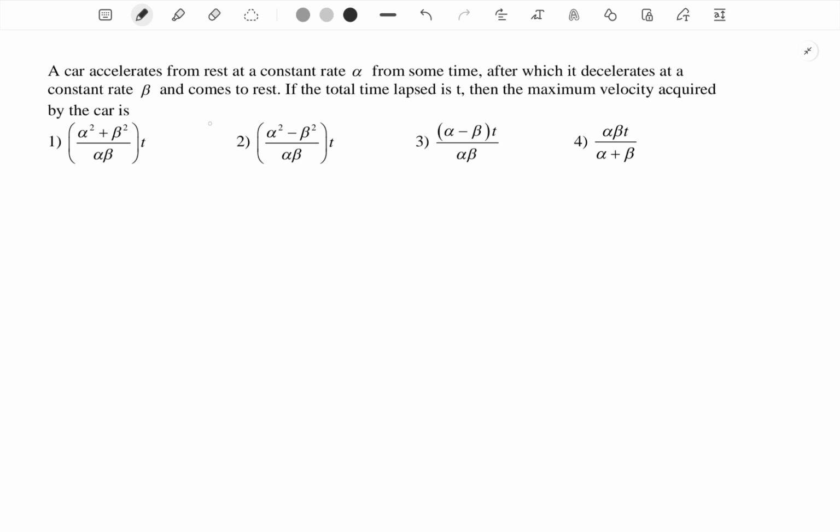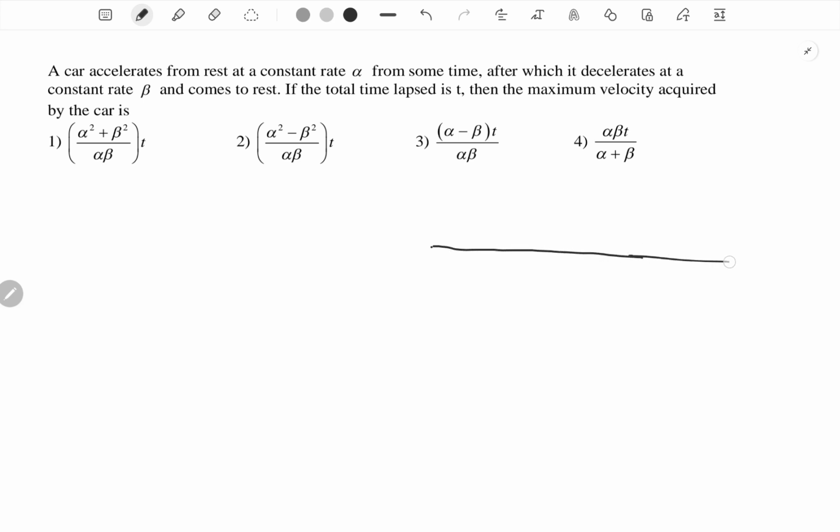A car accelerates from rest at a constant rate alpha for some time, after which it decelerates at a constant rate beta and comes to rest. If the total time elapsed is t, then the maximum velocity acquired by the car is. So what we can do to solve the problem,